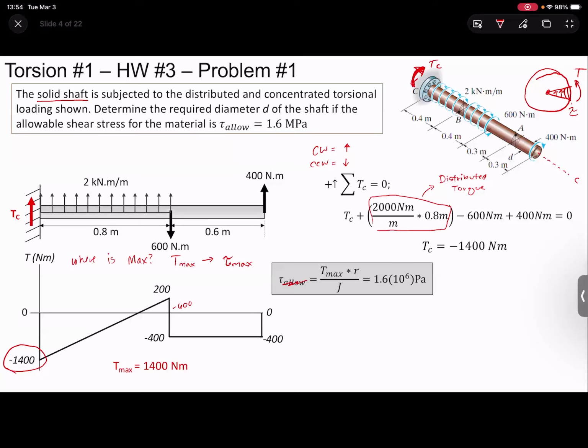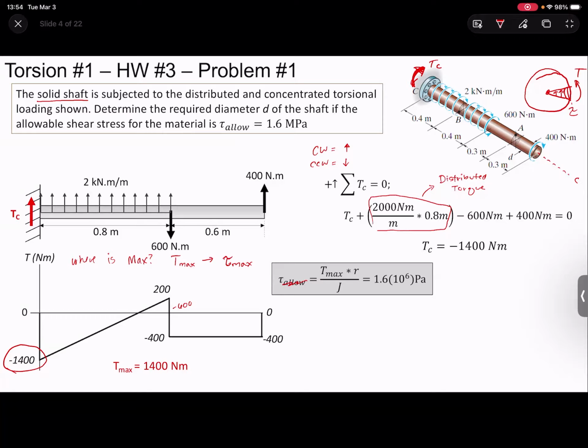Yeah, polar moment of inertia, which is a geometric property, and we're only doing circles, and that equation's on your front page too. So remember that is going to be in length to the 4th or something. So we're setting this equal to 1.6